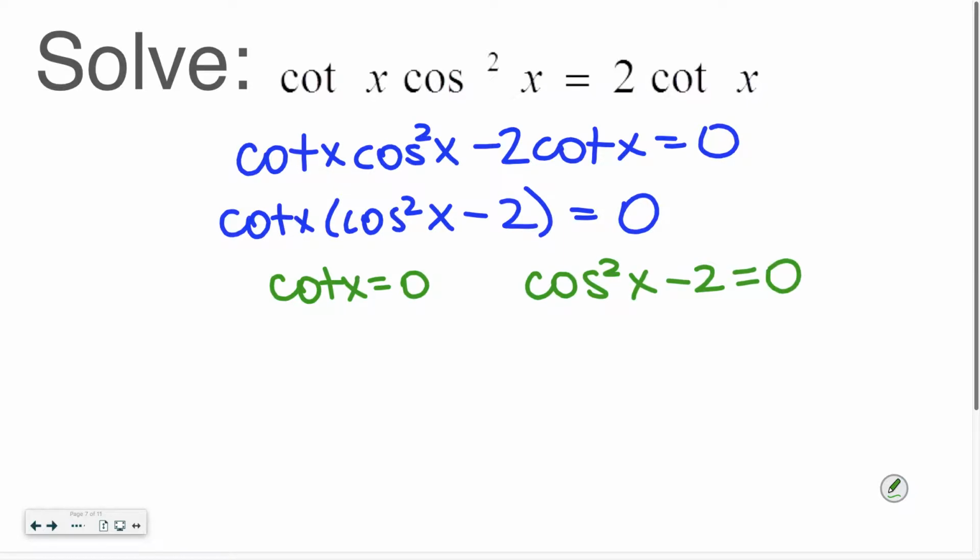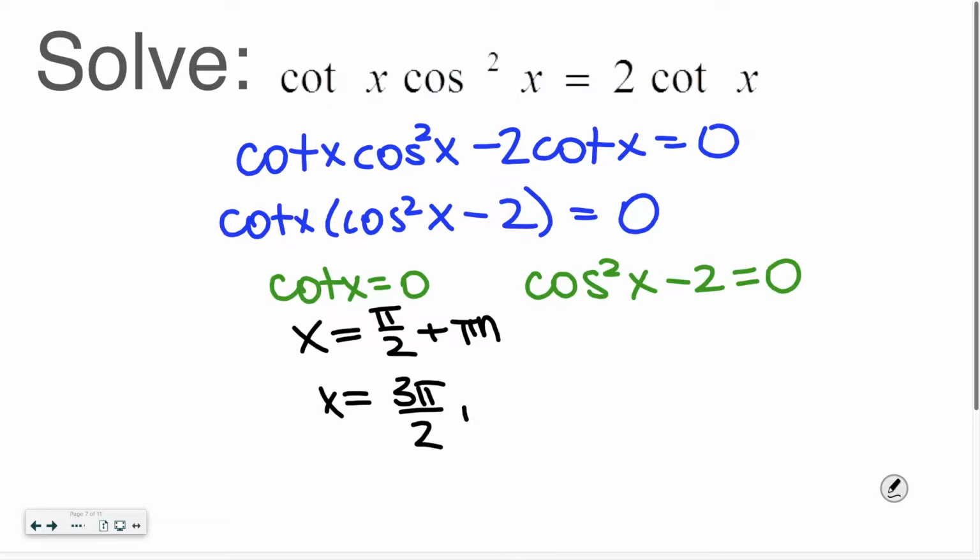0. Okay, well, where is the cotangent of x equal to 0? Pi over 2. Anywhere else? 3 pi over 2. Okay, if we're thinking about the unit circle alone, pi over 2 and 3 pi over 2. The period of cotangent would be